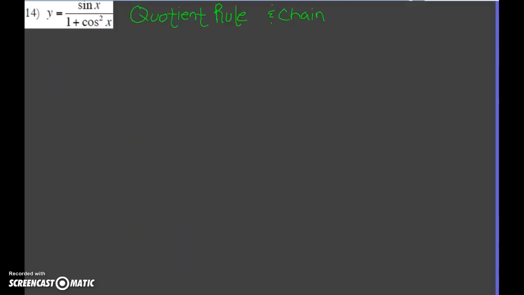And here we have an example for the quotient rule and the chain rule. Quotient rule because of the division, and the chain rule because of the square. And it can be written this way too, just so you can see that there's an inside function more clearly, like that. Okay, so using the quotient rule in D notation, you end up with the bottom